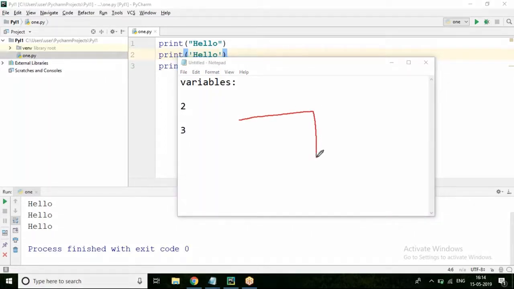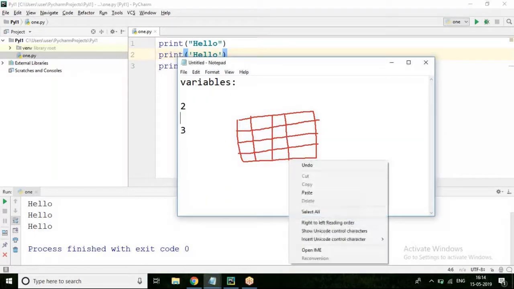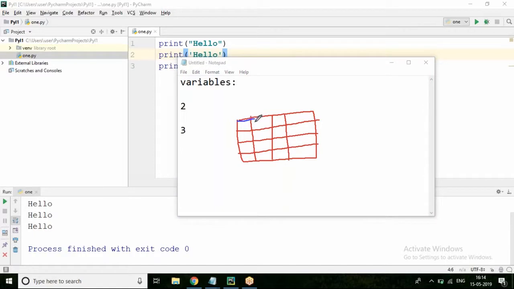See, the entire computer's memory has been divided into different number of cells, like this. See, this is one cell, this is one cell, like that.